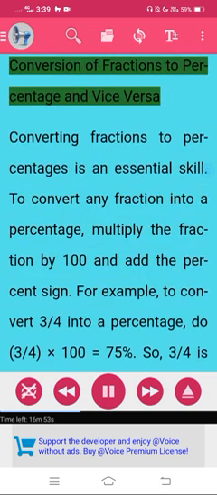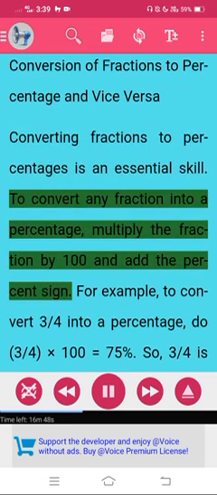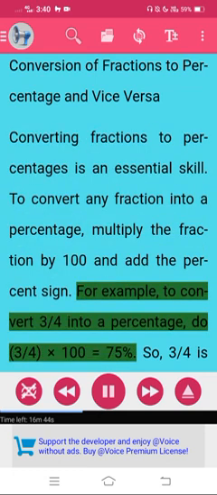Conversion of fractions to percentage and vice versa. Converting fractions to percentages is an essential skill. To convert any fraction into a percentage, multiply the fraction by 100 and add the percent sign. For example, to convert 3/4 into a percentage, do 3/4 times 100 equals